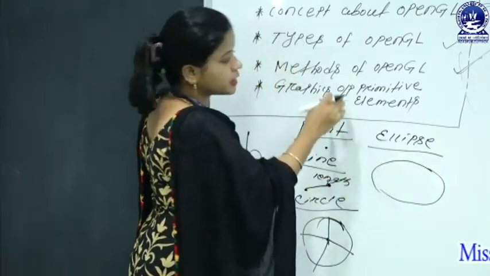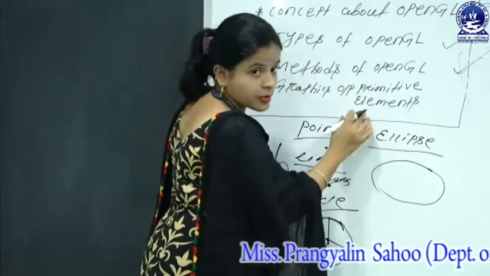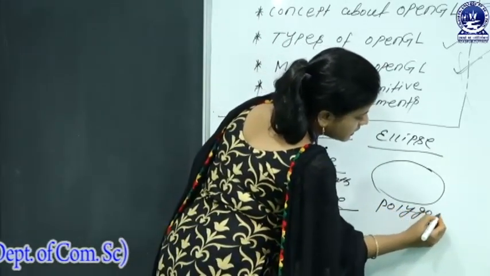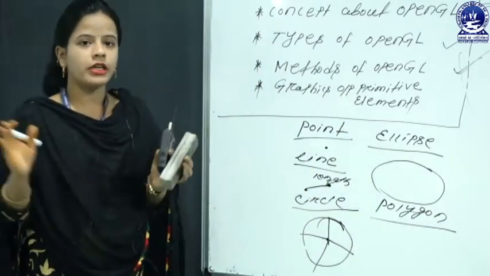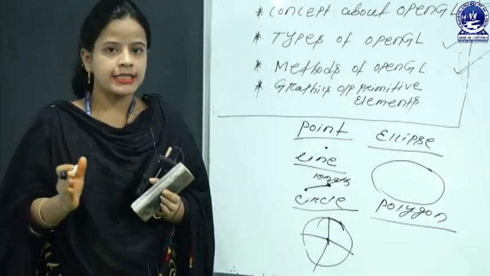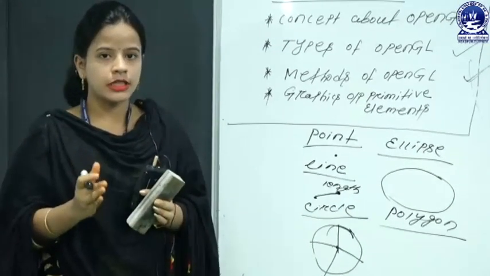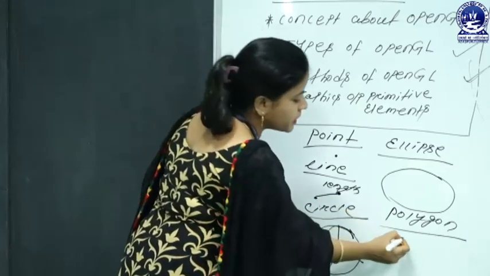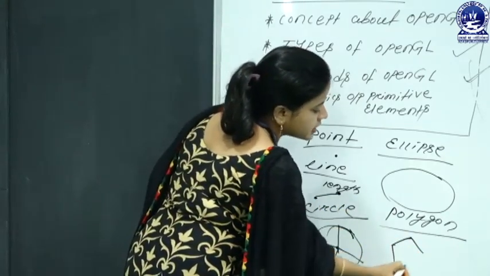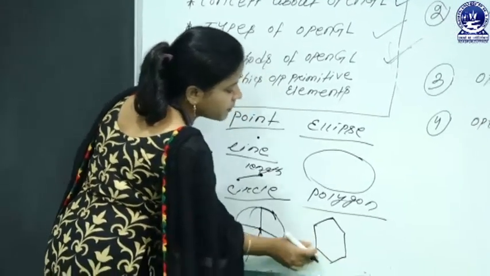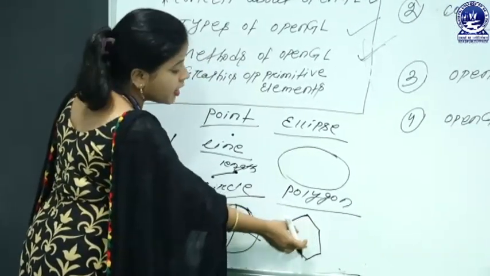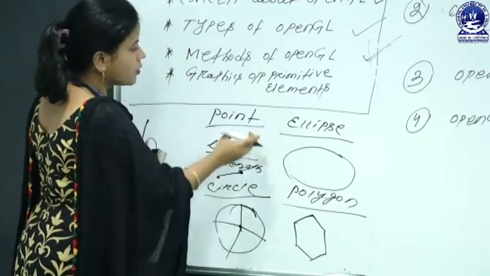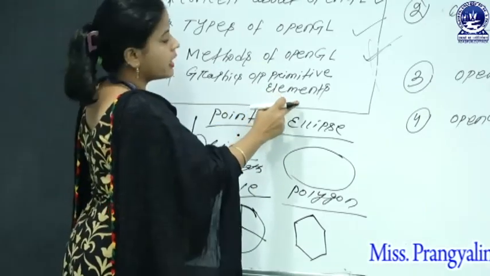Okay, now goes to the next primitive element in computer graphics, that is your polygons. Polygons, that means what are polygons? Generally, whenever multiple straight lines or triangles are interconnected with each other in the format of a closed loop, in this case it is called a polygon. That means multiple straight lines interconnected with each other, maybe consisting of 5 straight lines in a closed looping format, is called a polygon. So all these things are the output primitive elements.